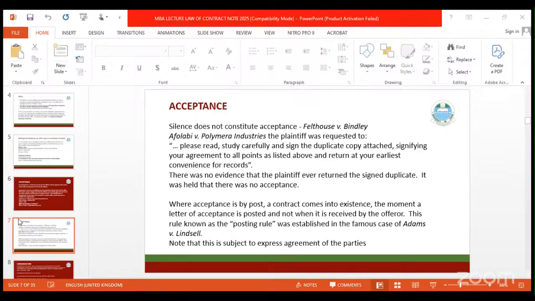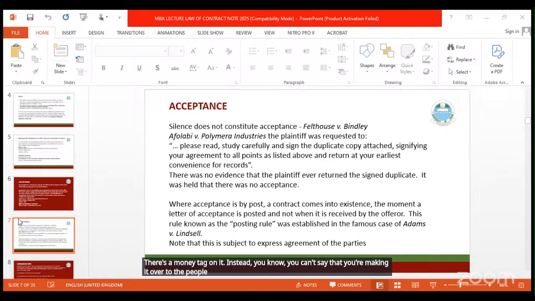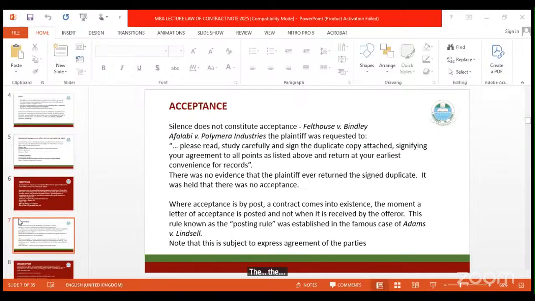There's a money tag on it. You can't say that you're making an offer to the people. So there's no... exactly which of the items. But when the customer now picks that item...